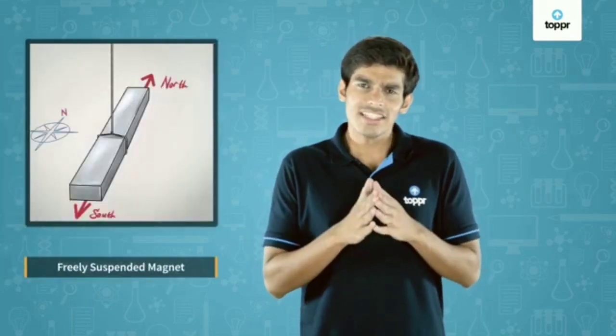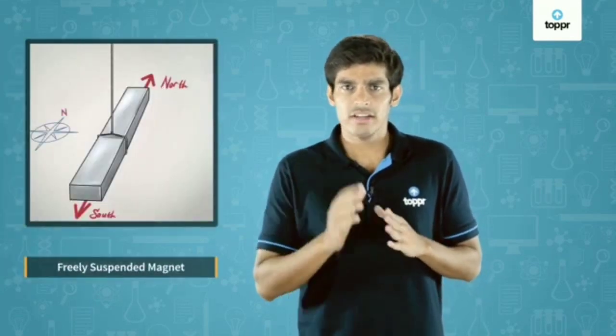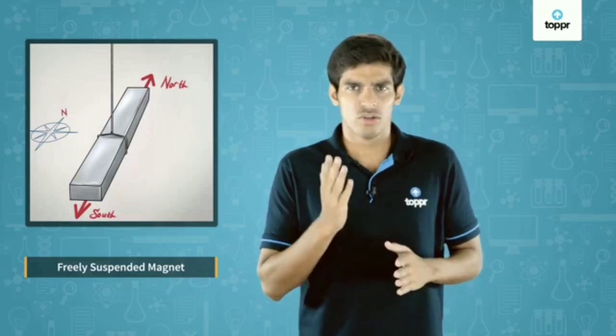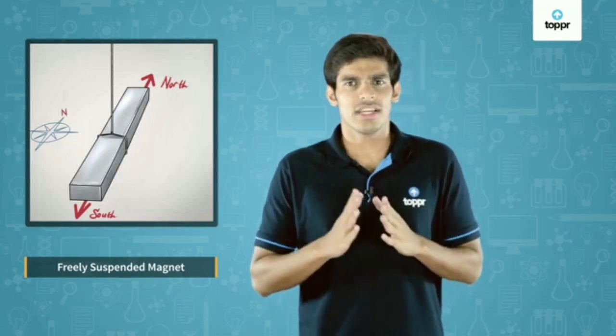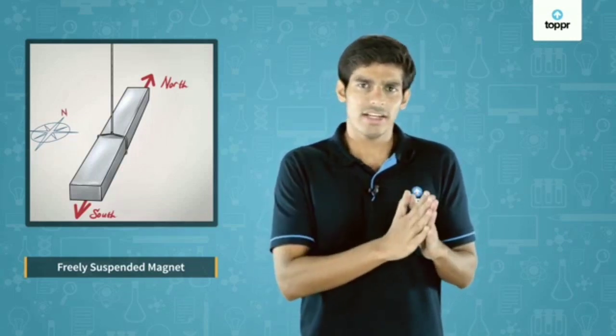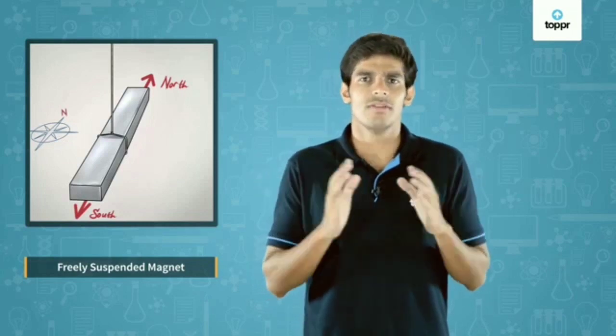We all must have heard about magnets, and in our childhood, we also must have played with magnets. In this lesson, we study the properties of a bar magnet. If I freely suspend a bar magnet, the end which points towards the north is the north-seeking end, and the end which points towards the south is the south-seeking end. Therefore, a bar magnet has a north pole and a south pole. In our previous classes, we have learned that like poles repel each other and unlike poles attract each other.